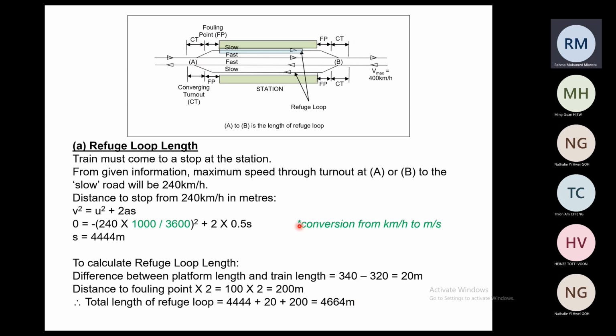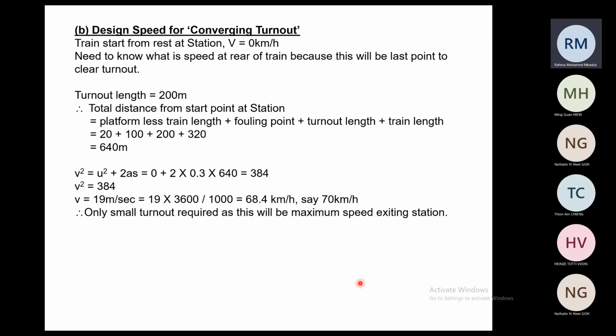Just know your refuge loop is from your fouling point, from the first fouling point to the other fouling point. Yeah, so that is your refuge loop. You have to add all those distances to calculate your refuge loop length. Okay, so now we have to move on to part B,